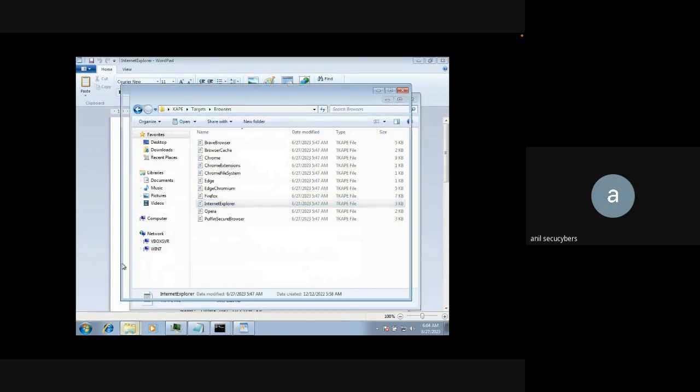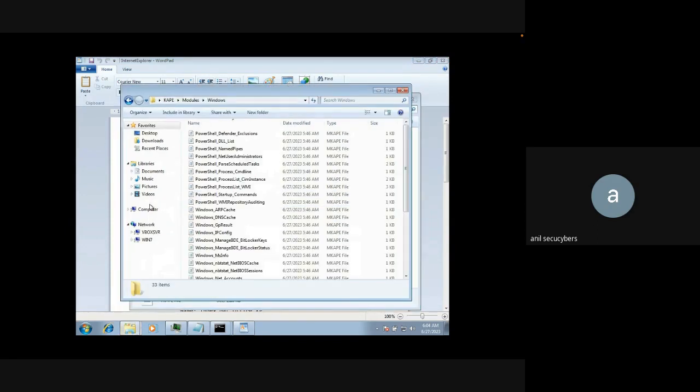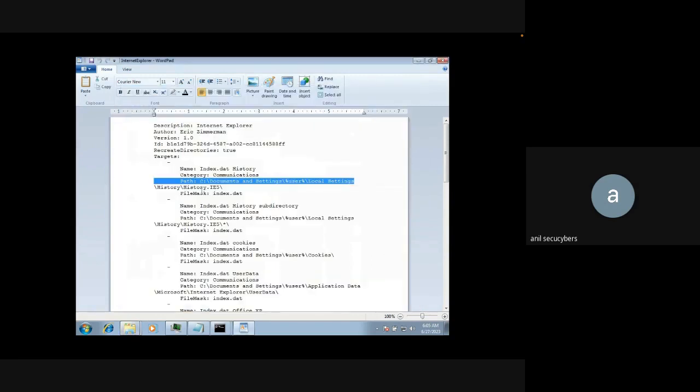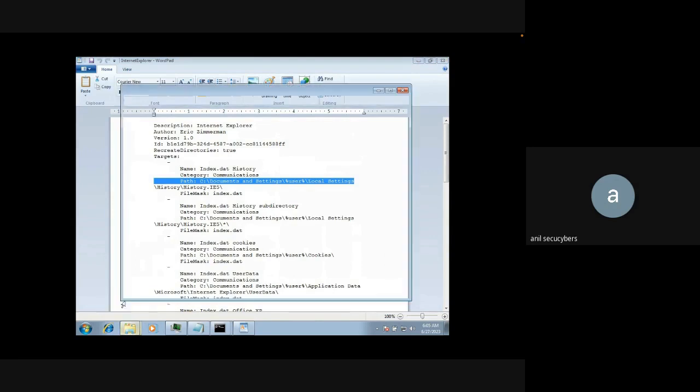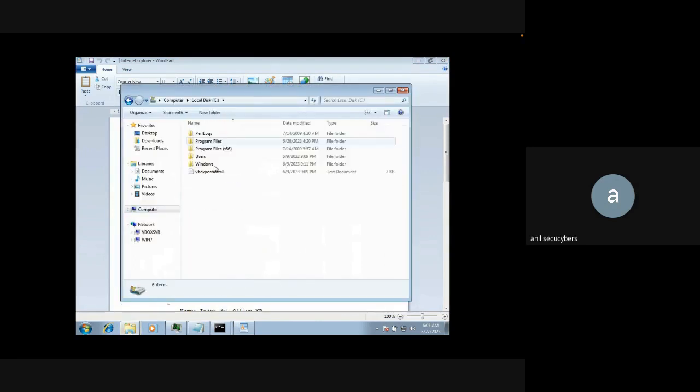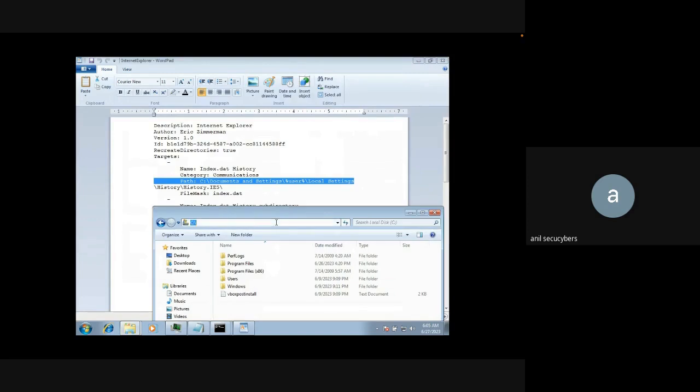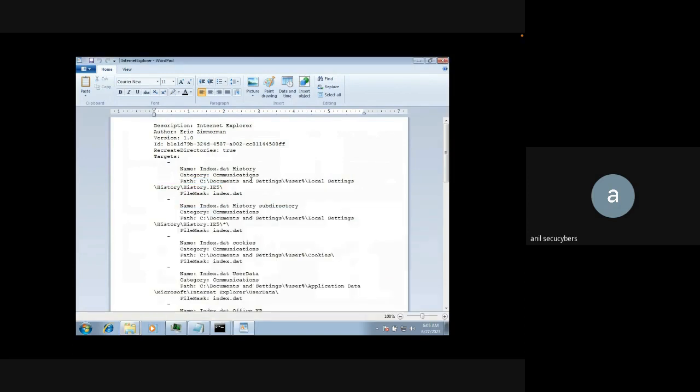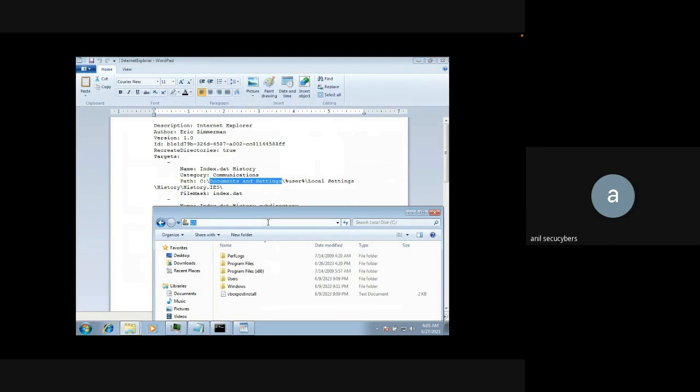I'll go to the Windows, and let's say the computer, and let me see what it says. C drive, document and settings. Let me just see if document and settings is there. Document and settings is not showing up over here. So I will just write it down. Documents. I'll just copy this first. Control C, Control V, then